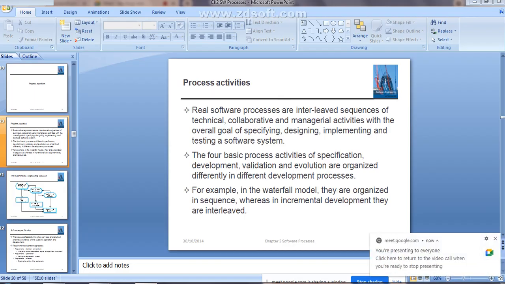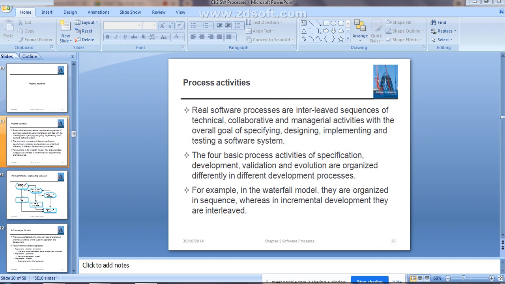See, real software processes are interleaved sequences of technical, collaborative and managerial activities with the overall goal of specifying, designing, implementing and testing the software system. Whenever we come up with real software processes, if you are developing any real-time software products, they are going to have a sequence of different kinds of software activities, with the overall goal of specifying what exactly that particular system needs to do, along with the designing part, implementation and testing of the software system.